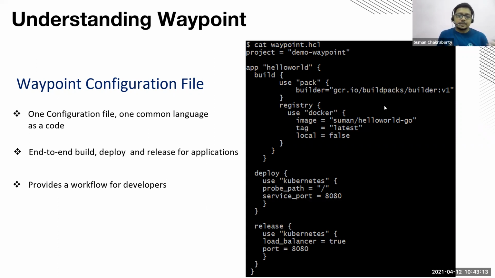And the third phase is the release. In the release, you take the staged application that was prepared, and you now expose it to the end users via a certain public endpoint that can be provided by your load balancer, or you can configure your DNS to allow routing your application to a publicly routable URL. So overall, Waypoint gives an end-to-end build, deploy, and release management workflow for your application.